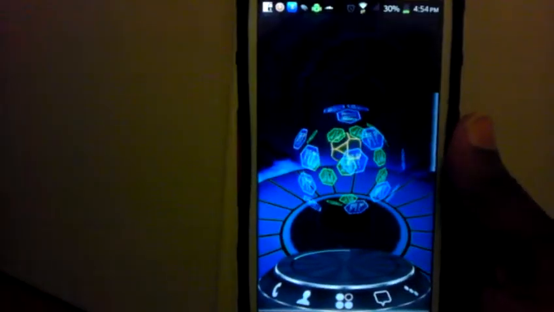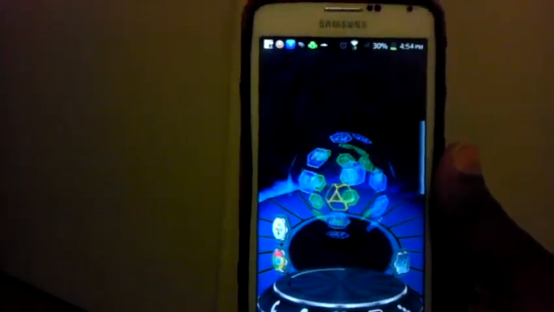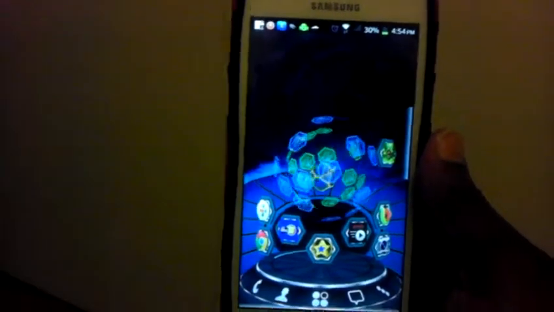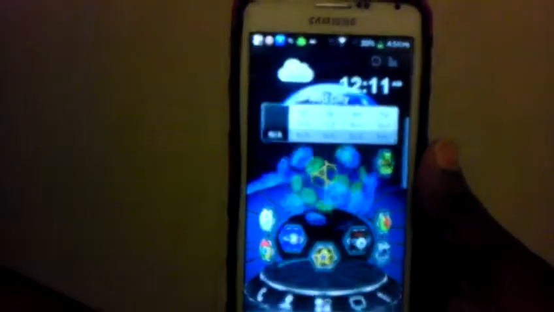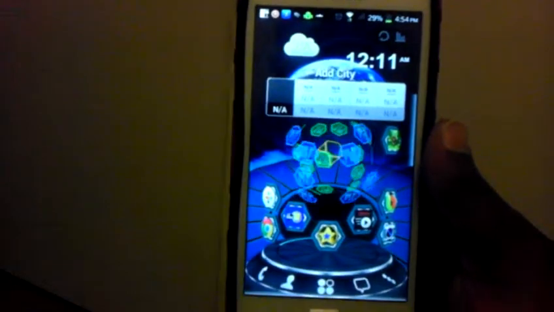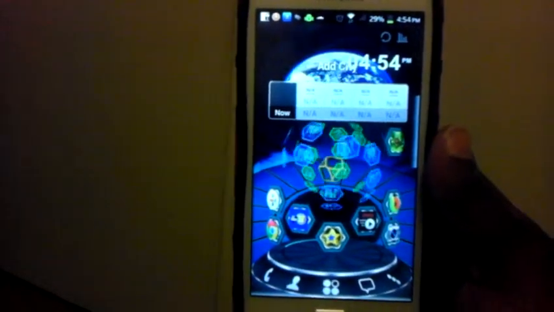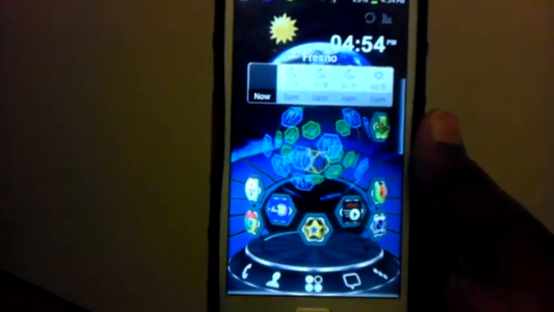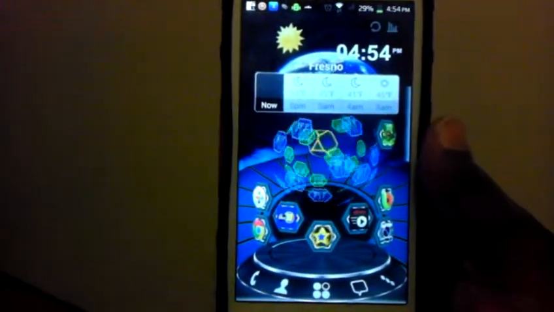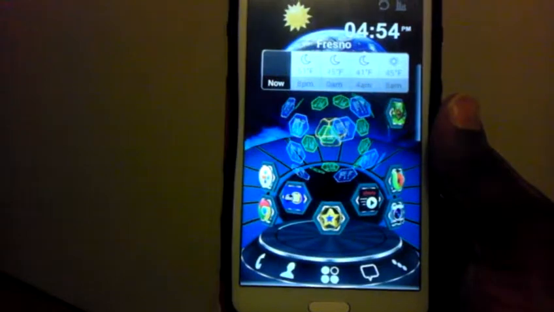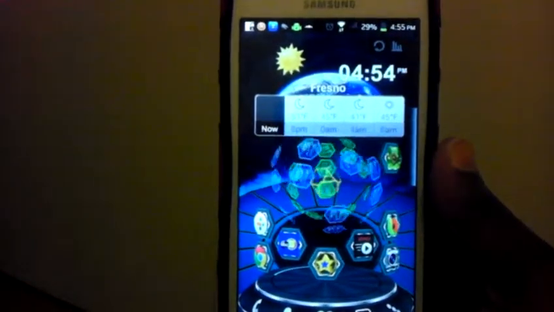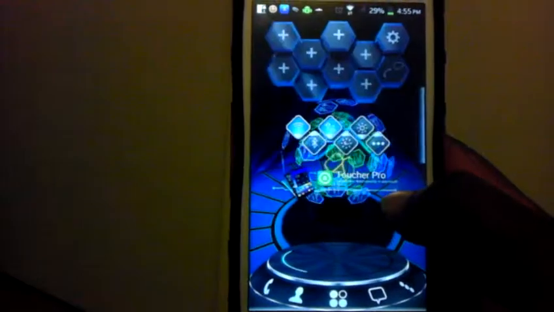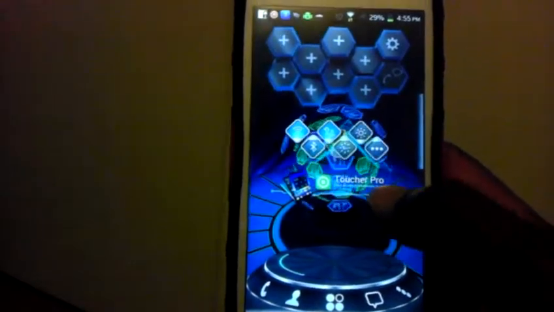And this is it. Look at that. This is my home screen. It's taking a second to pop up. But this is something I am really feeling. Let's get a good look at that. This reminds me of Star Trek. Oh man, this is beautiful. Look at that. Let's just scroll. That's nice.